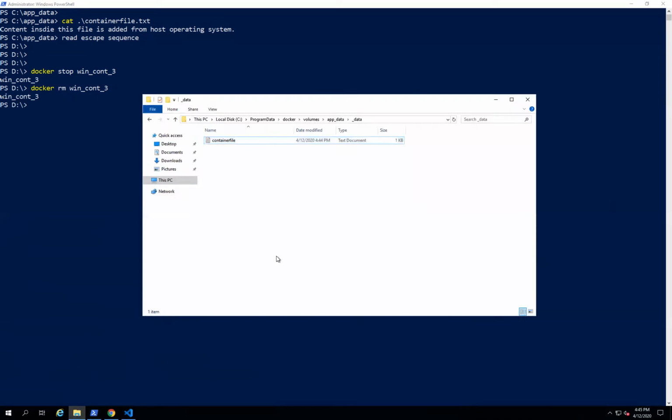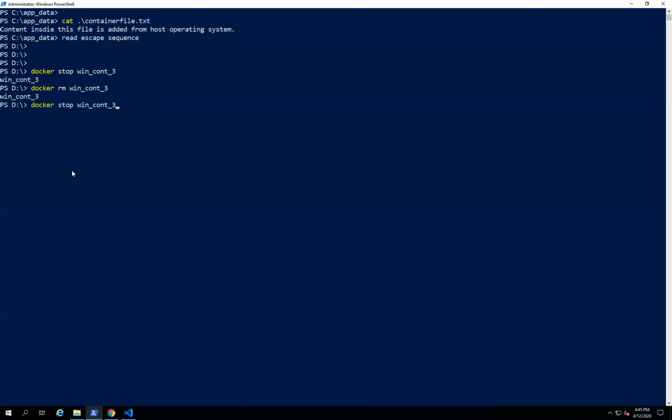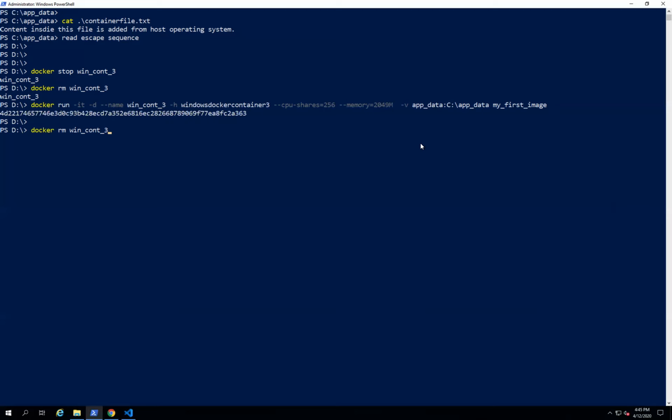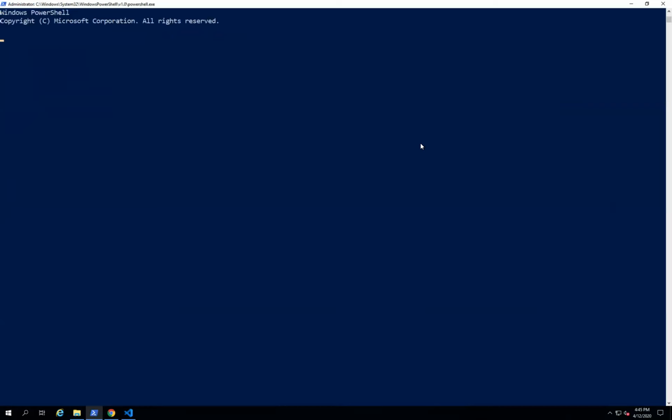Let's go back to the same location and refresh over here. Still, the file is persistent at the volumes location. And if you create the same container with the same volume, app_data, still you can see the data inside it.